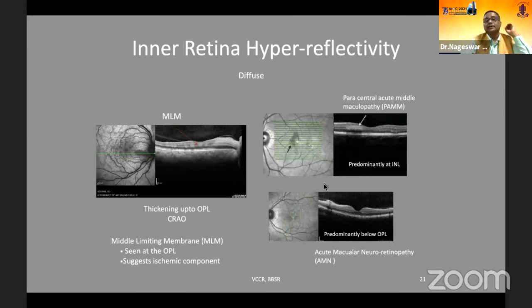And sometimes in the spectrum of white dot syndromes, you will find so many things have come into the picture, because these cases, ideally, we are not able to pick up or define. Now the OCT is defining all this, depending on which layer is affected. Now things are coming to the picture, whether it is paracentral acute middle maculopathy. This is a new disease entity which is coming. So many issues are coming based on the OCT.